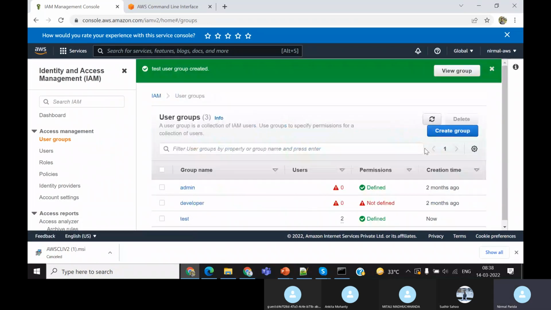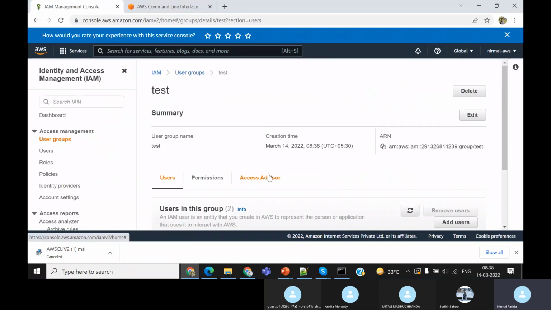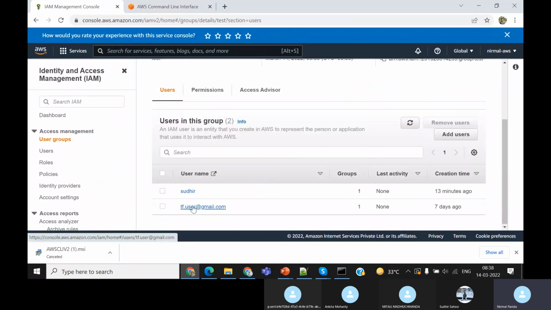Now my test group has been created and it has two permissions, but my developer group has no permissions and my admin group has no permissions. Here I have given two permissions, and under the test group there are two users, Sudhir and some TF users. You can also add other users,